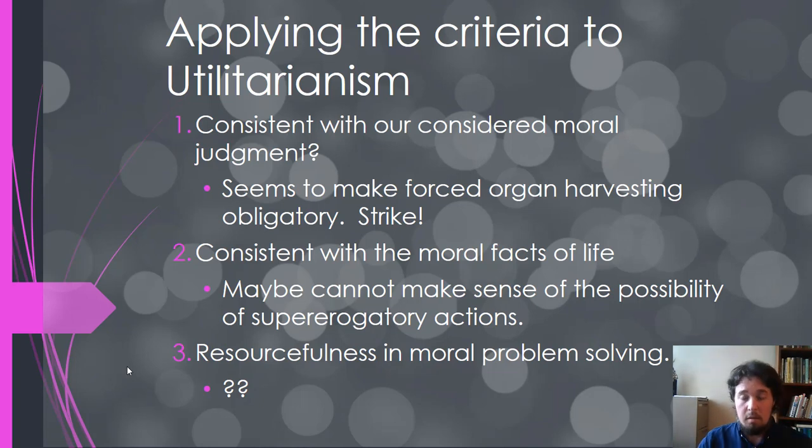Utilitarianism would say, all other things being equal, you should harvest this person's organs to save the 4 lives, even if it's against that person's will, because the outcome will be much better than if you didn't harvest this person's organs. So utilitarianism seems to require, in many cases, sacrificing the one to save the many, even against that person's will. And that really seems morally problematic. So there are cases in which it looks like utilitarianism goes against our considered judgments.